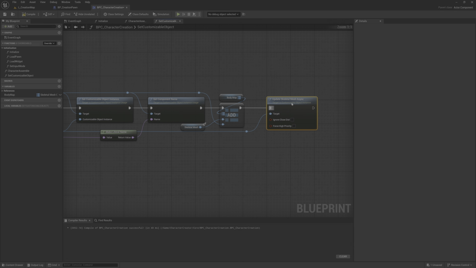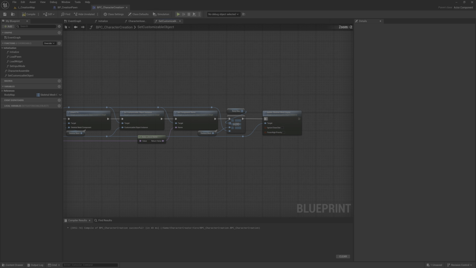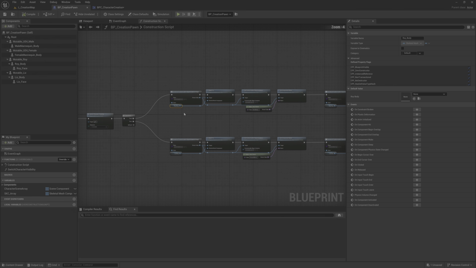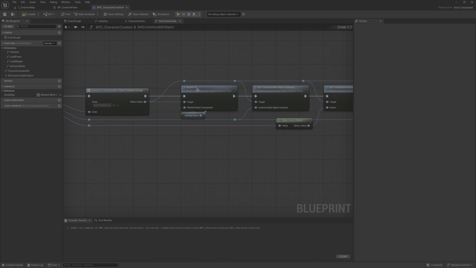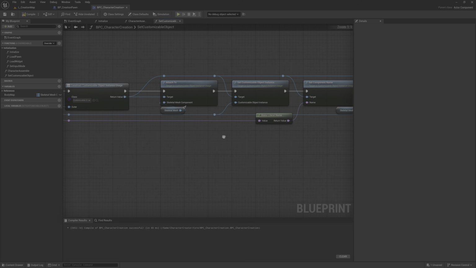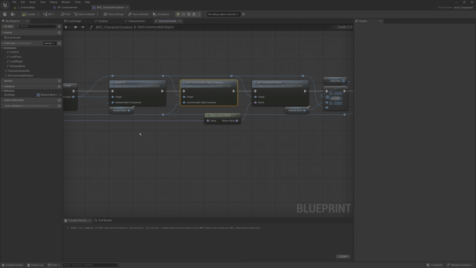So basically we are creating a customizable object instance usage, just like here. We are attaching it to the skeletal mesh that we add here. We are setting the instance.